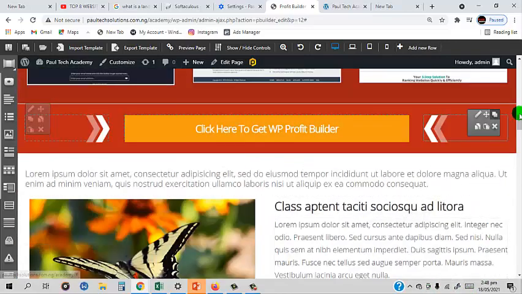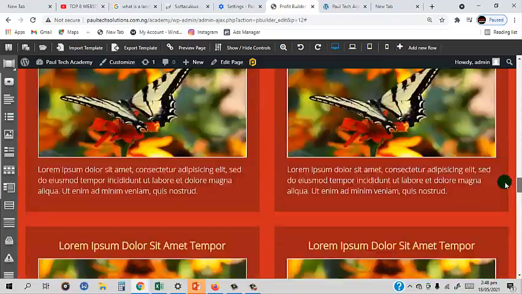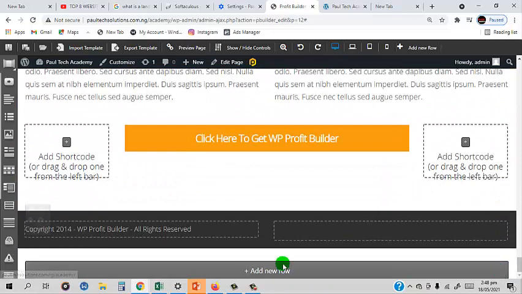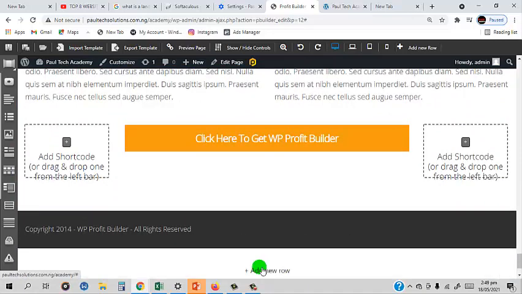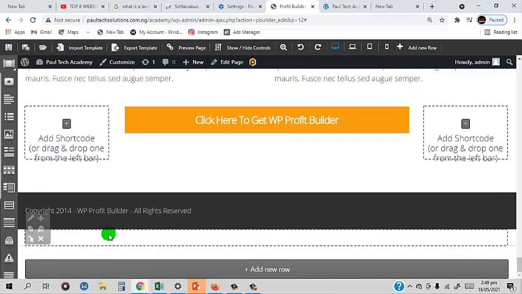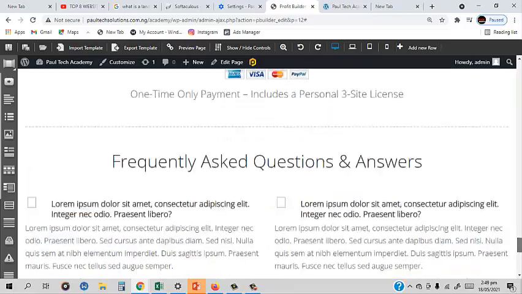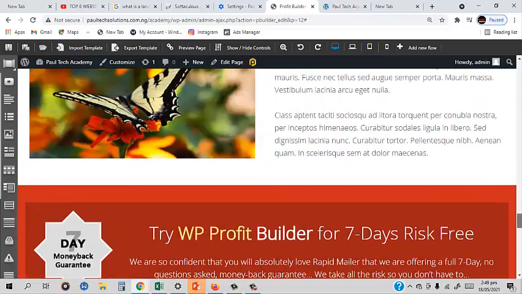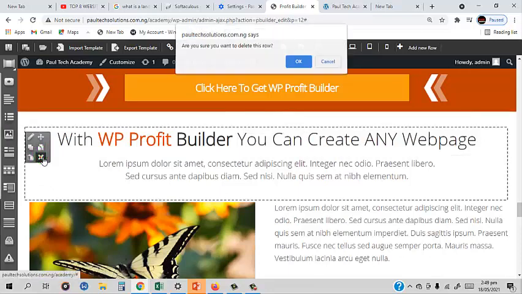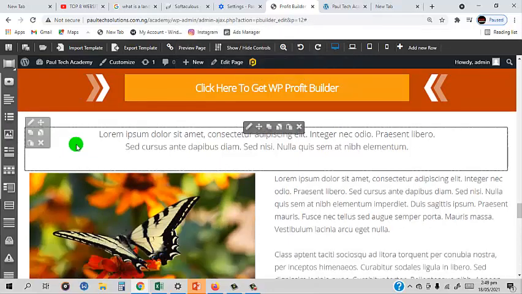So let's go down, let me show you how to do that one more time before I round up from that area. You can go down right here, you can see add a new row, click on this and scroll down again, and you can also click on this. Okay, so this is it right here. They're going to show you an edit option, and you can edit this particular stuff right here. But let's say for example it's not working, you can just edit any of these. Let's say for example you don't need this anymore, you can click on delete, click on OK,